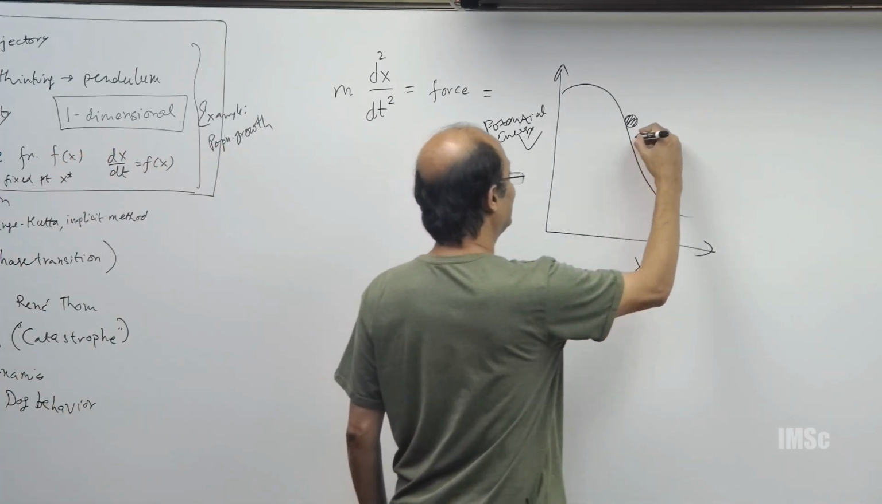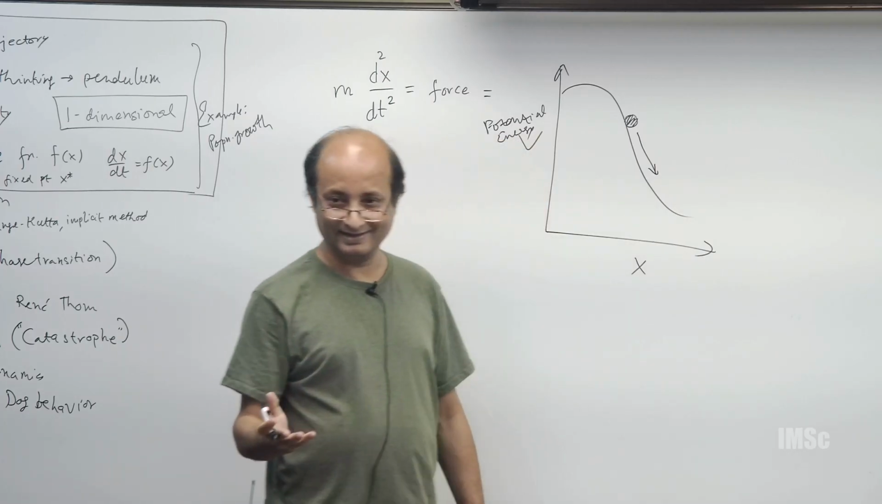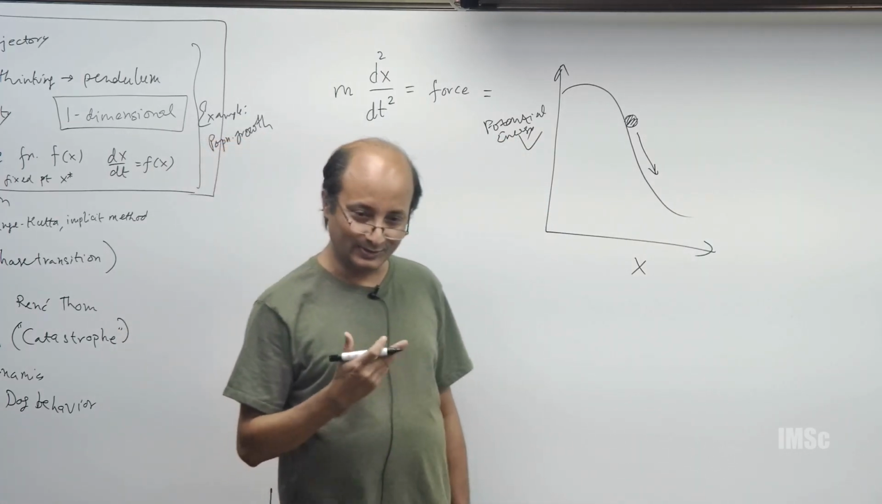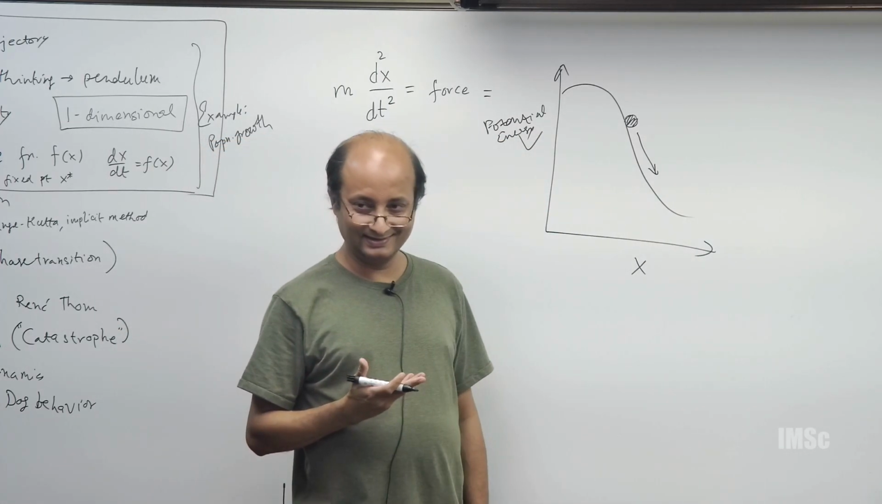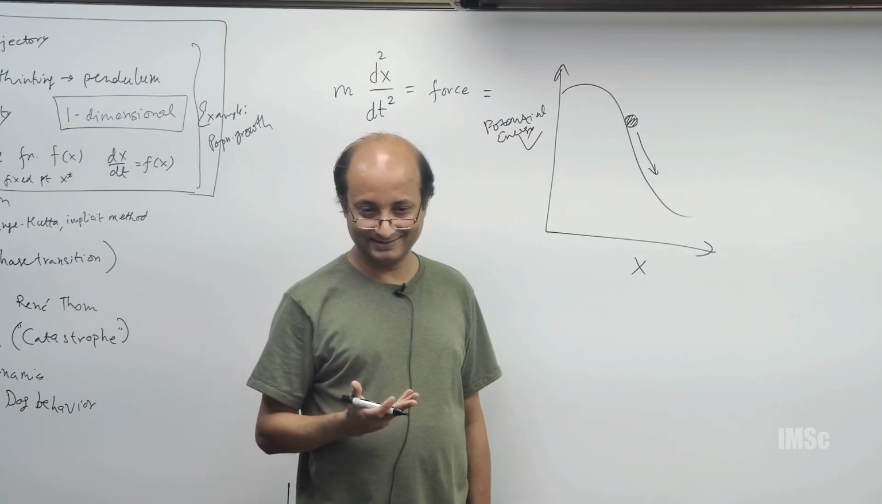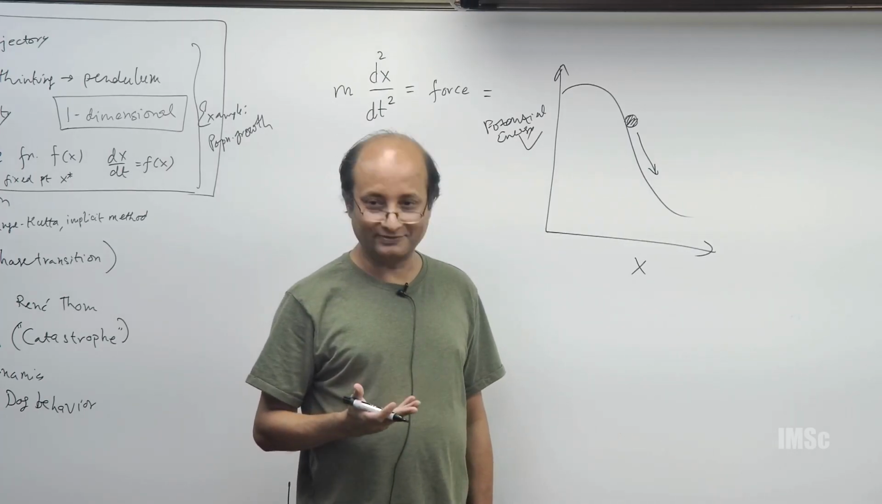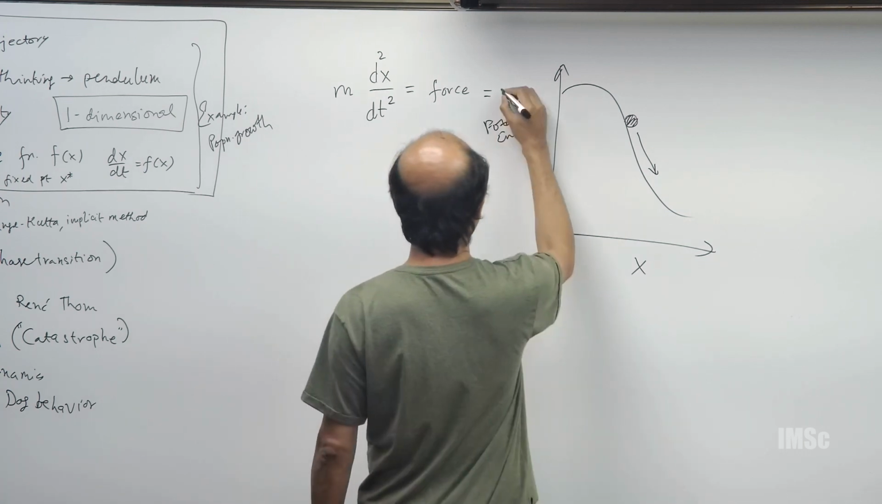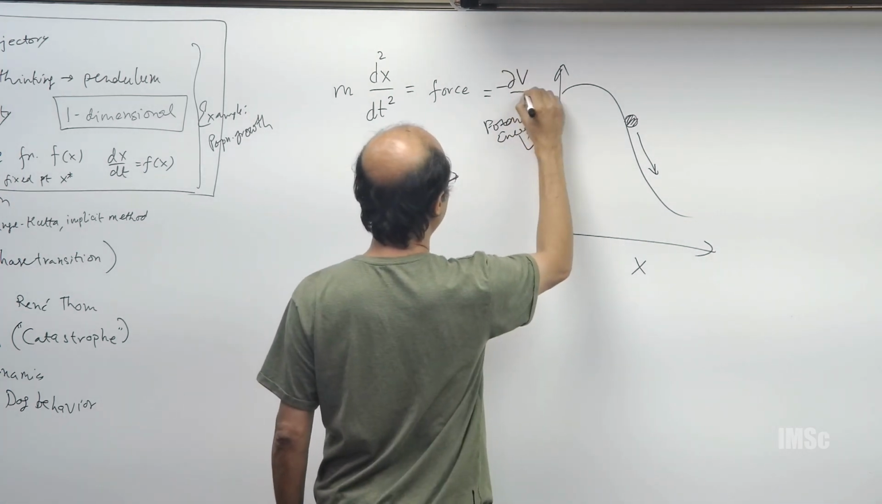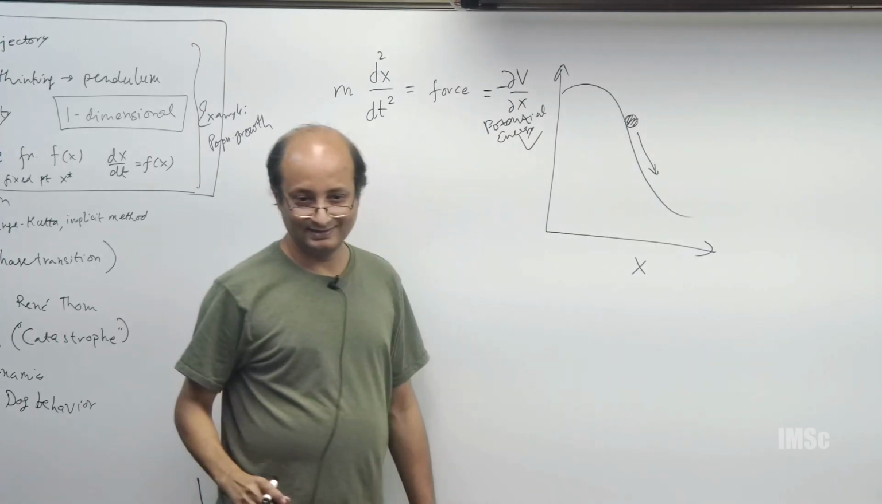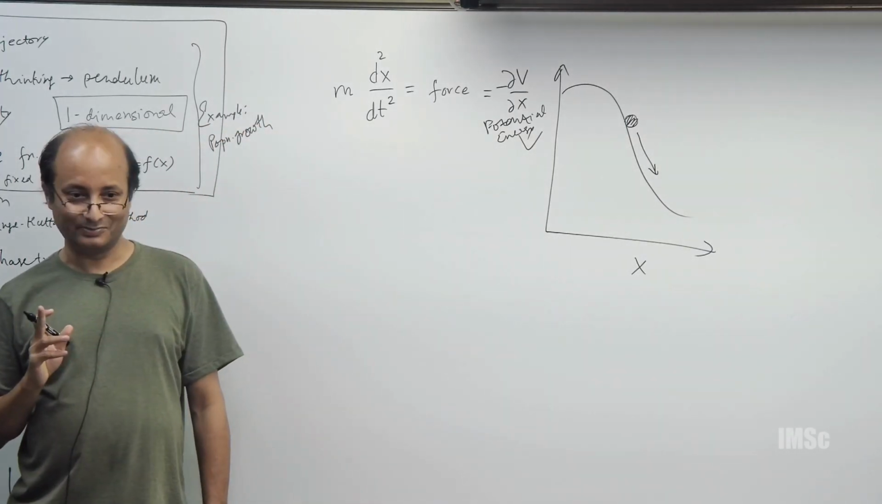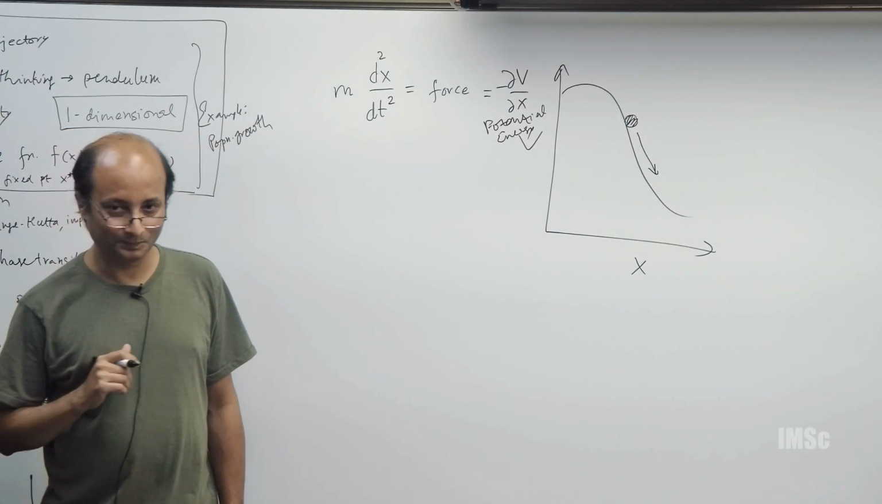Towards positive x, or rather you go downhill, that is the main thing, right. So, if I look at it in terms of the slope, what will it be? Negative of the slope. So, basically I can think of this as minus the spatial derivative of the potential energy function, okay. Now,